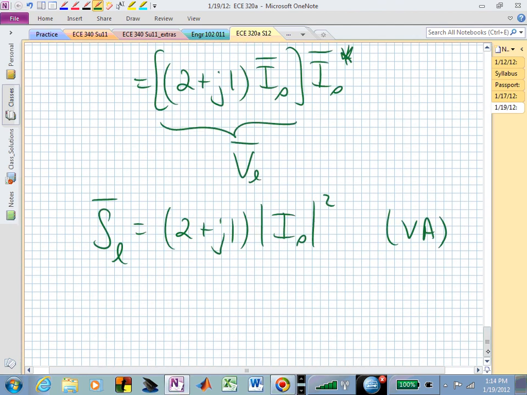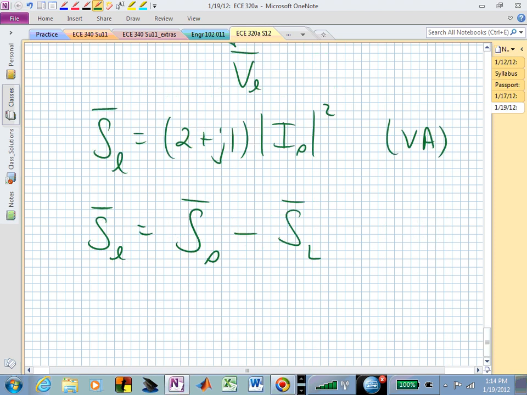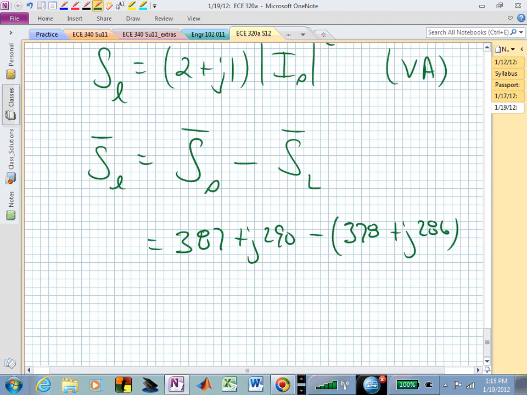Another way to find S sub L bar, lowercase l, is to take the supplied power and subtract the load power. What was the supplied? Was it 3? I have 387 plus J290 minus, I'm going to say 378 plus J286, and end up with